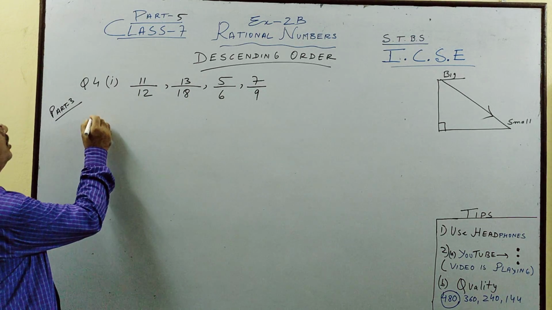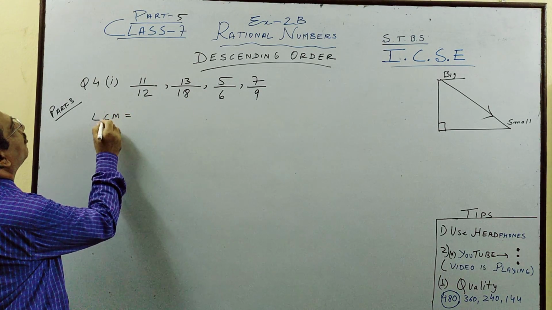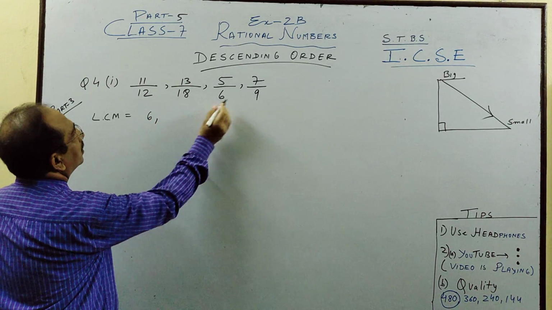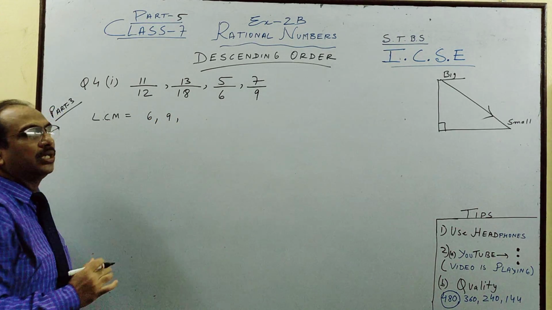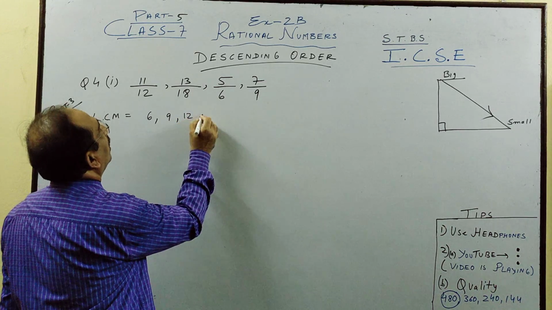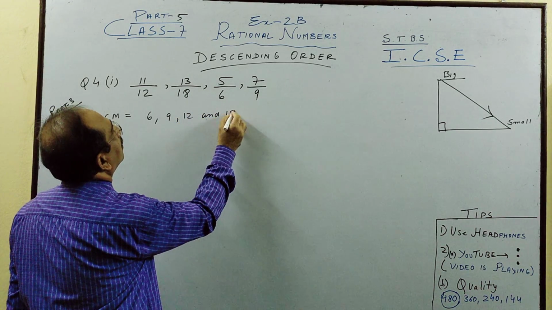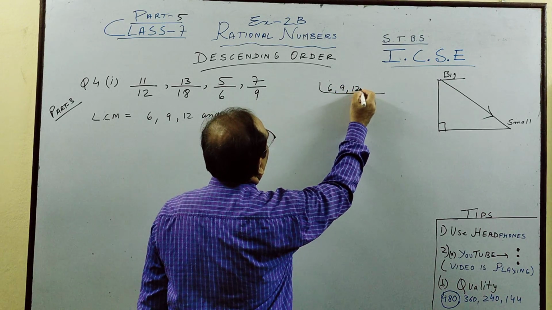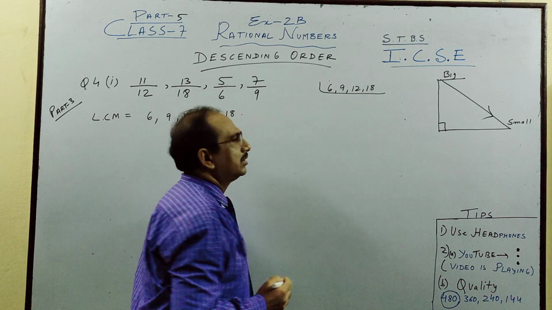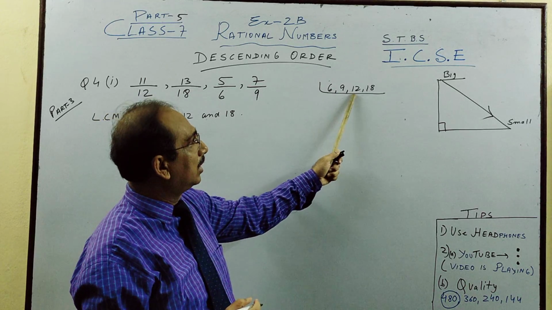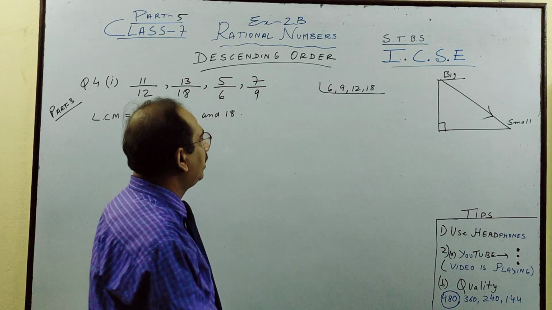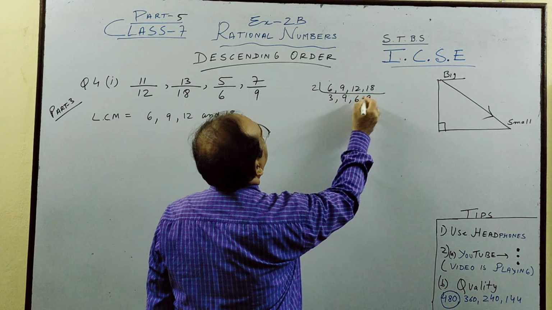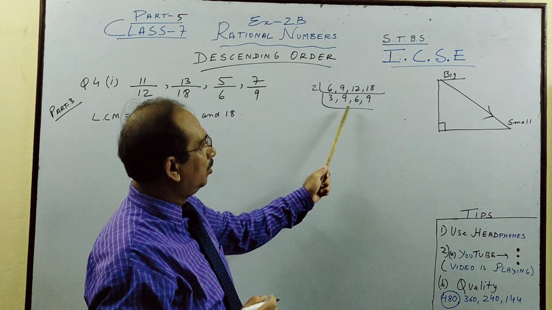Let us start. First thing we will do is find the LCM of the denominators. So see how I do it. 6, 9, try to put them in ascending order here, 12 and 18. So please see here, 6, 9, 12 and 18. We start with the prime number 2. You see there are 3 terms which go by 2. 9 will not go. Then if you try by 2 again, only one term will go.